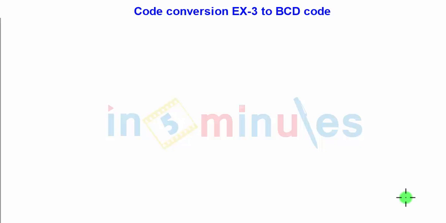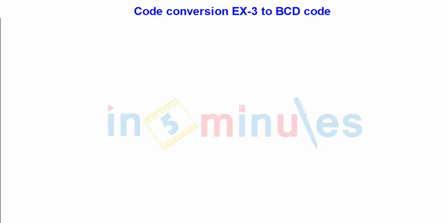Our desired output is BCD, that is binary coded decimal, and we all know that BCD numbers correspond to 0 to 9. Now to represent these 0 to 9 numbers in binary, we require 4 bits. So definitely XS3 code is of 4 bits. So we need to convert 4 bit XS3 into BCD. So output is 4 bit, that's why input is also 4 bit. For 4 bits we need to have 16 combinations, from 0 to 15. So let us make a truth table for that.